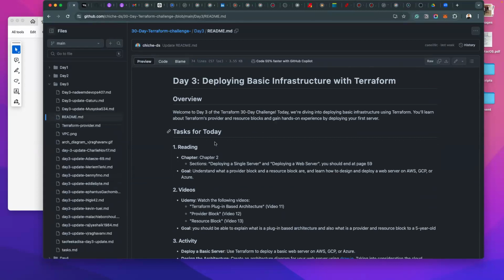For this, you had to focus on these sections: deploying a single server and deploying a web server of the book. That book does a lot of work to give you the code. You can copy it, type it, it gives you